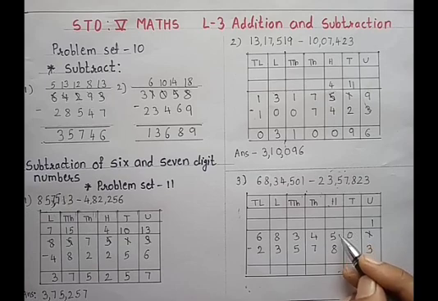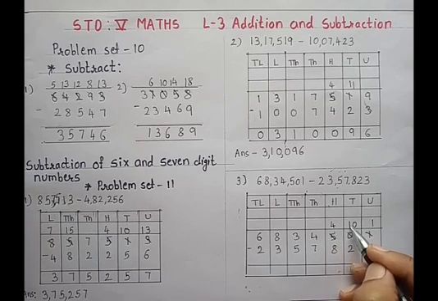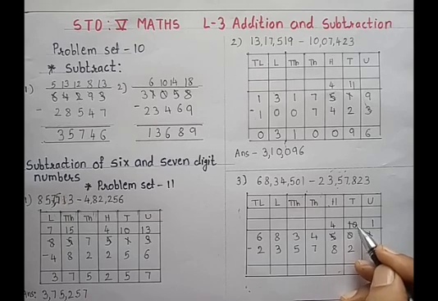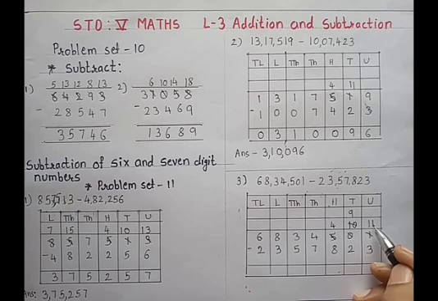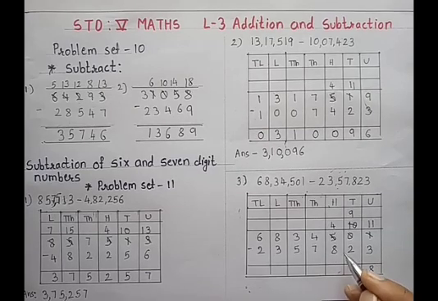No. So go to the hundreds place. First cut this 0. Cut 1 from 5, write down 4, then put 1. Now we get 10. So from this 10 we can borrow 1 for the unit place. Cut 1 from 10, write down 9 and then put 1. So we get 11. 11 minus 3, 8. 9 minus 2, 7.